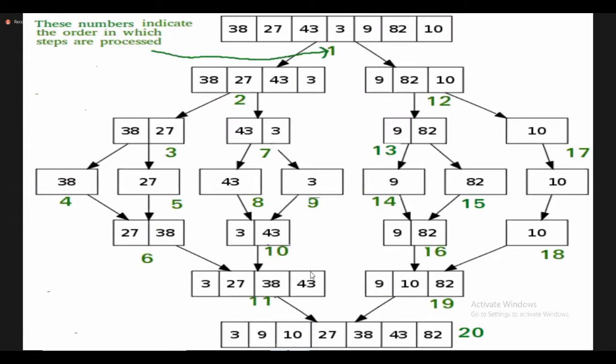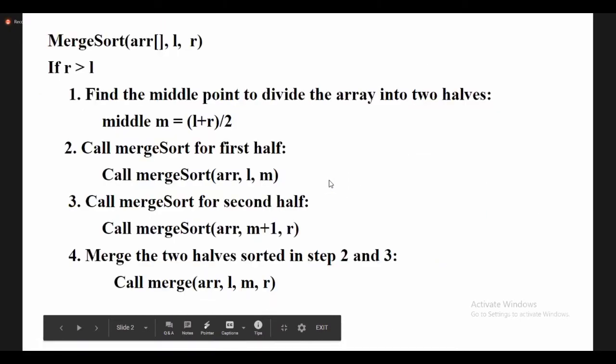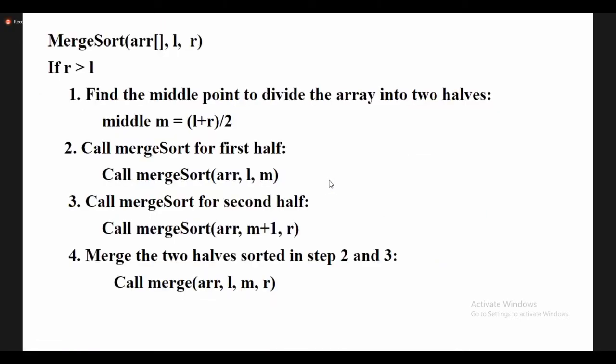Okay, this process contains 4 steps. These 4 steps are merge sort. See here, merge sort algorithm steps. What is an algorithm? A step by step procedure is called an algorithm. Here, this is only the algorithm. I will explain the program also today. Here, merge sort ARR, ARR is the array name. L is the lowest bound, the left side index value. R is the right side index value.